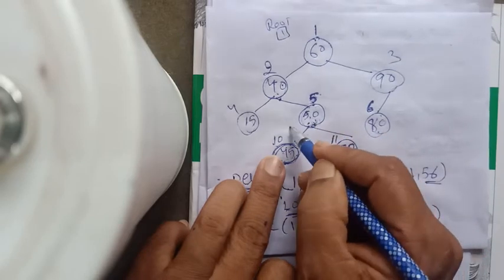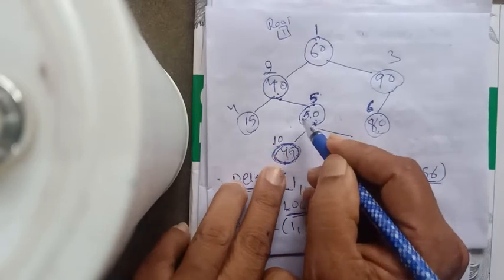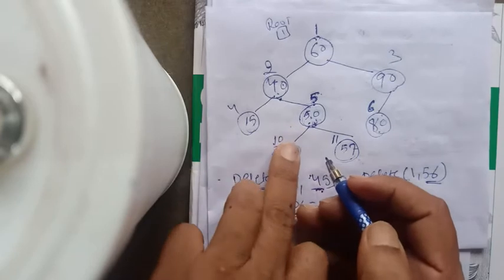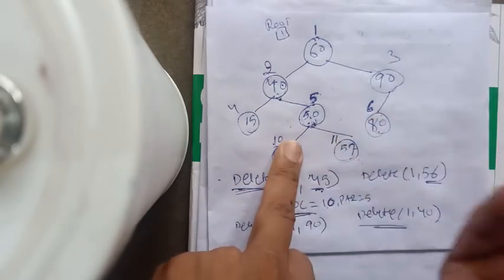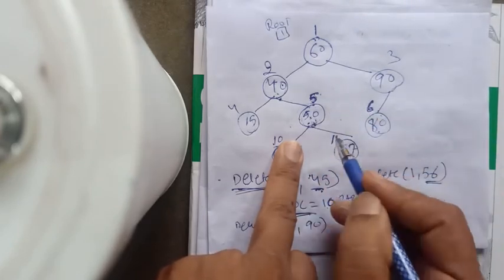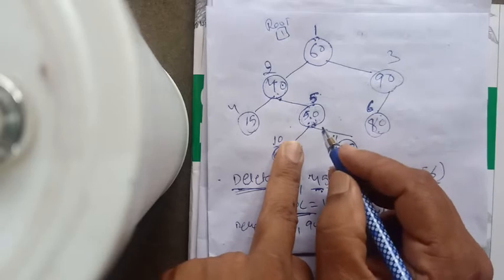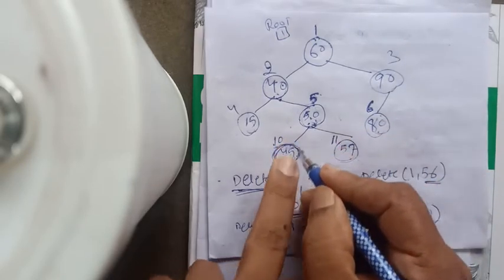One is left address, one is right address. And the left address field of 50 should contain 10 because it points to 10. So after removing this leaf node, its left side will be blank. So we shall simply store a null value in the left pointer field of 50. Okay, if we want to remove 45.